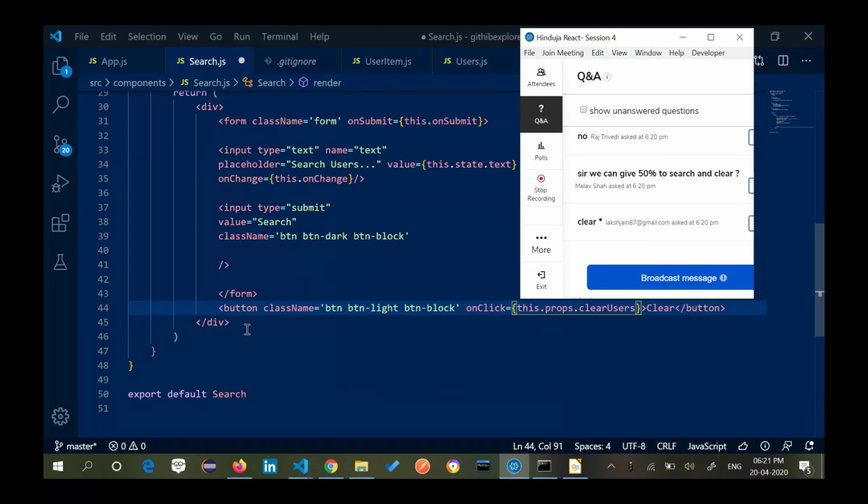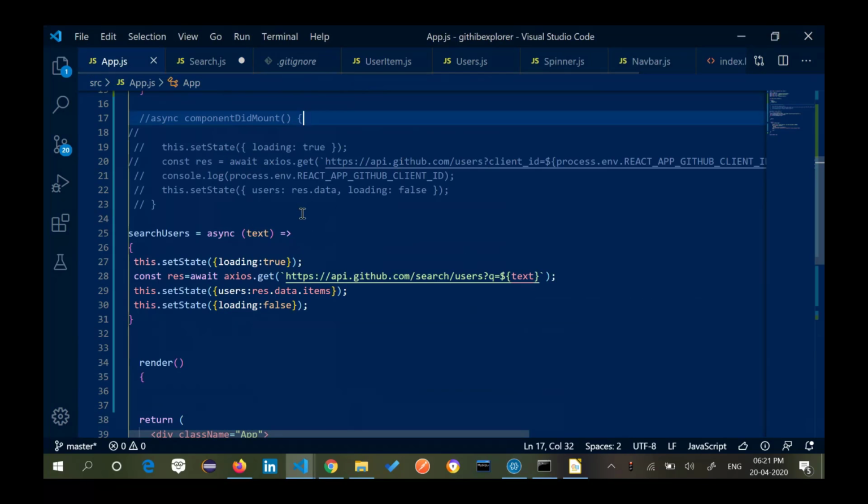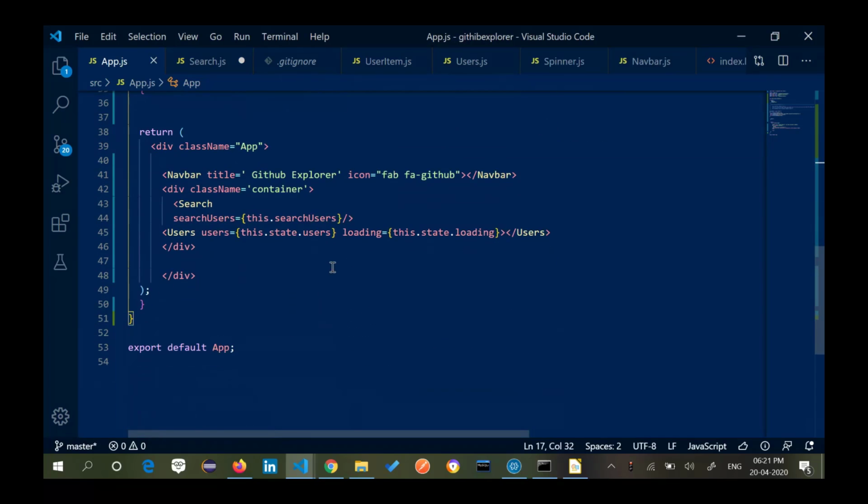Now next is button, className btn, onClick this.props.clearUsers. I am going to pass this clearUsers because I need to clear the screen on my App.js. This will be sent back as a prop up here.